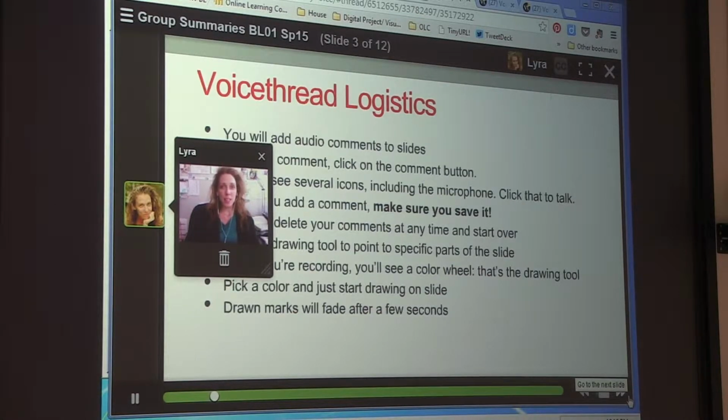So what I would like you to do is add audio comments to a couple of slides. You could also add video comments if you would like to. That'd be cool, but audio comments are fine. And the way that you do that, if you look down in this general direction, you'll see a plus sign. And when you click that,